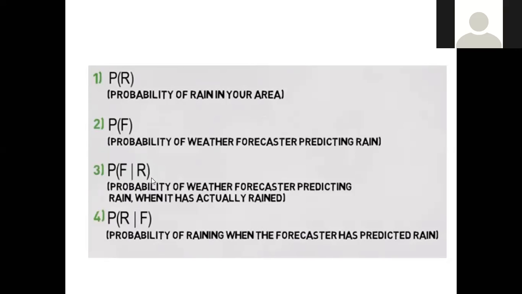So the second term is what? That is given. R is what here? It is when it has actually rained. That is given to us. For the second case, F is given, and this is that the forecaster has predicted rain. That event has already occurred. Predicted rain, and the actual rain, that has already happened. This is R and F.